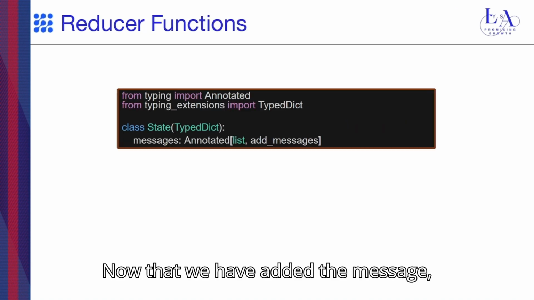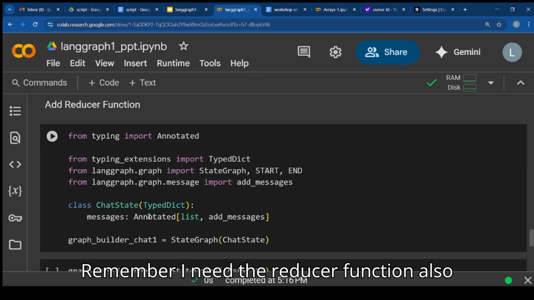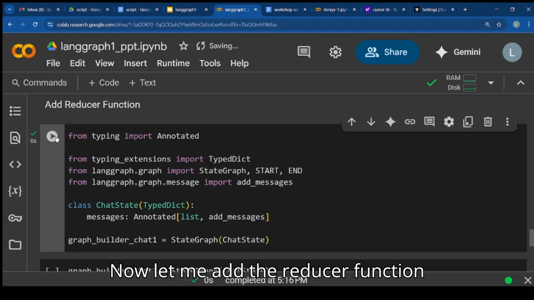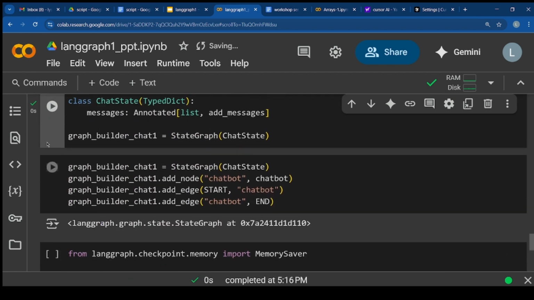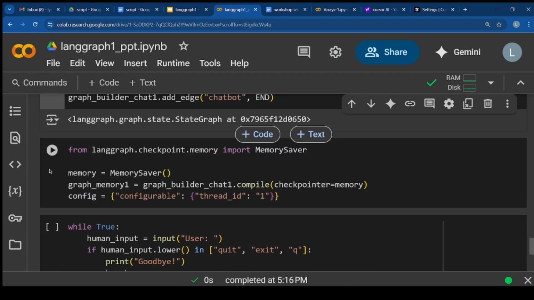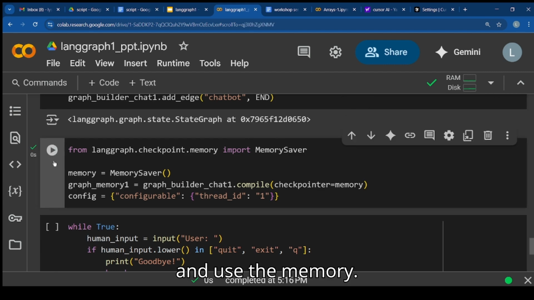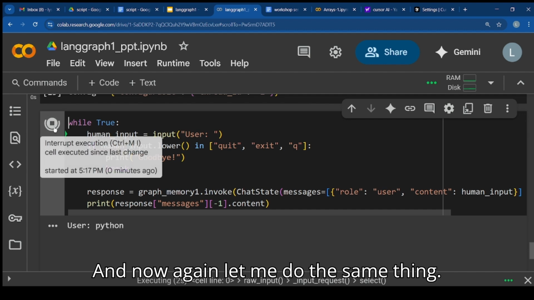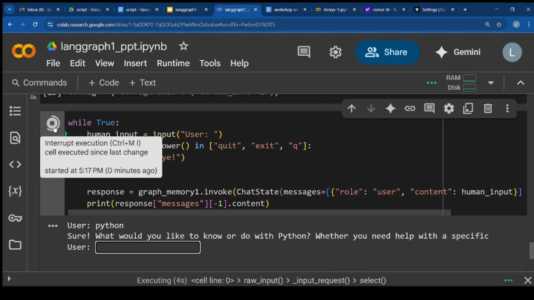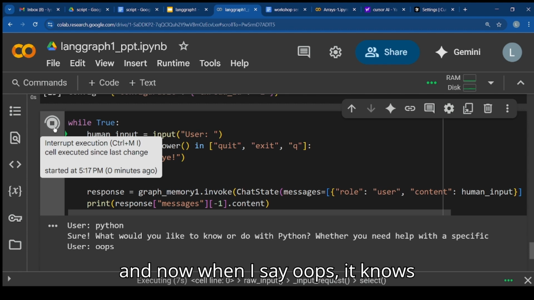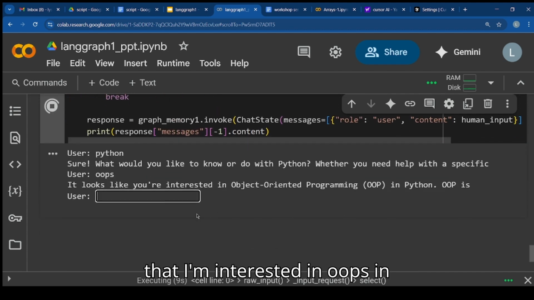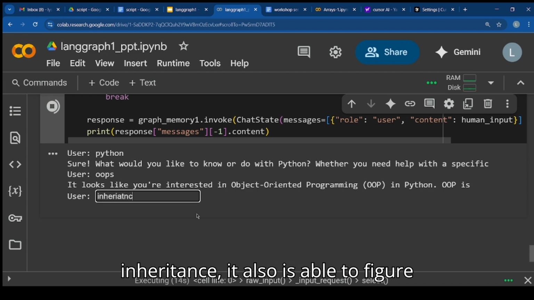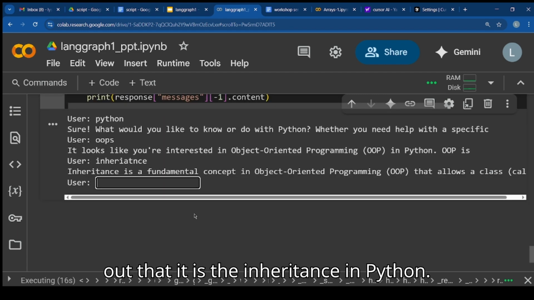Now that we have added the message, remember I need a reducer function also, which is add_messages. Now let me add the reducer function, and let me build a graph and use the memory. And now again let me do the same thing. So I say Python, and now when I say oops, it knows that I'm interested in OOPS in Python. Similarly, when I say inheritance, it also is able to figure out that it is the inheritance in